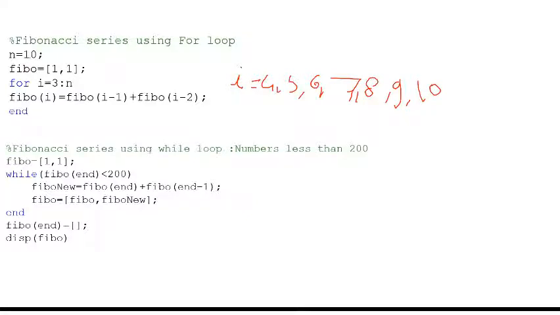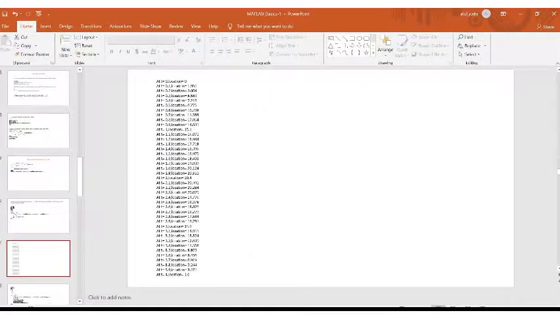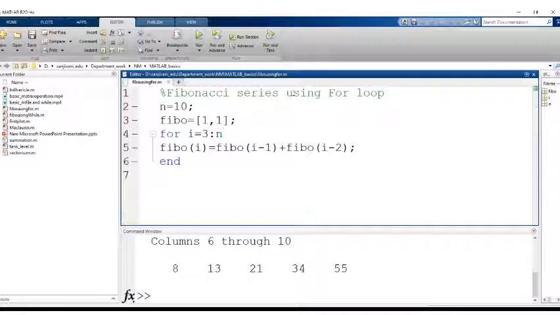So I will copy this code to MATLAB and show you the output. This is the code. Now I will run this code.